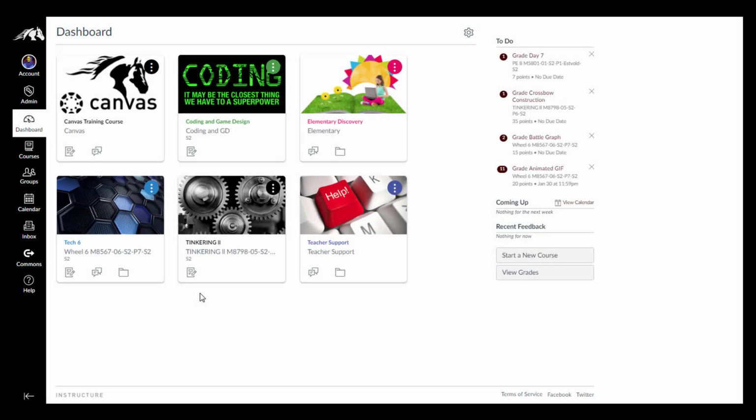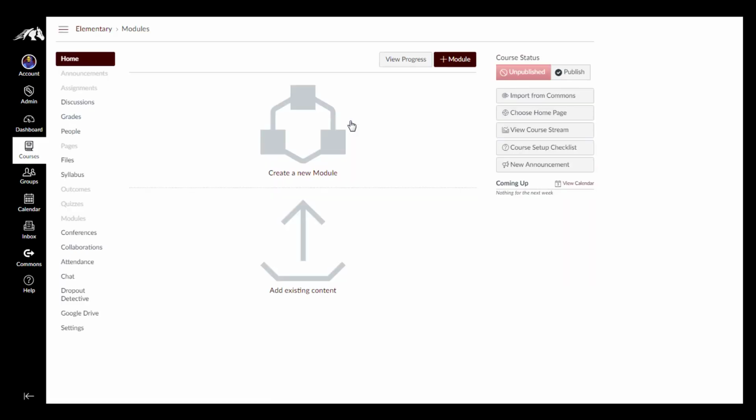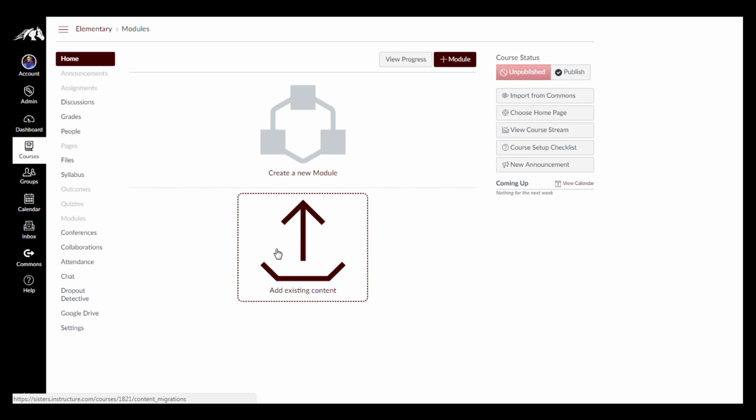I'm going to show you how to create assignments in Canvas. To do that, you're going to open up one of your new courses. If you notice, you'll see this create a new module, add existing content. If you've already built your course, you can bring it in right here and all that stuff will already be done for you. I have a video on that on the teacher support page on how to bring in existing